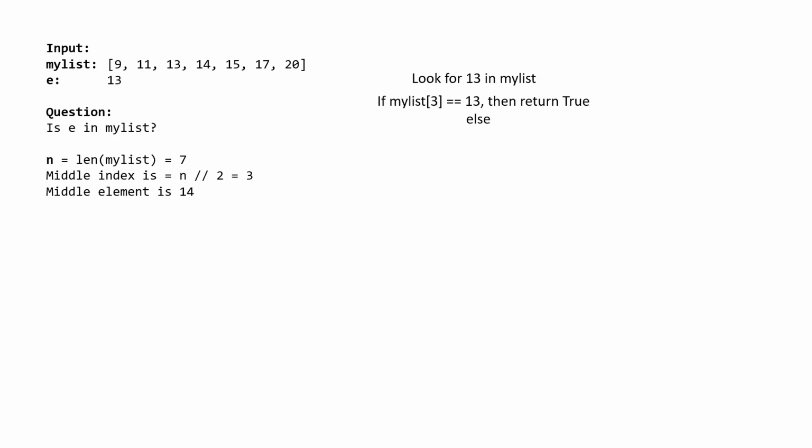Now we are going to try to solve the problem of finding 13 in mylist. We compare 13 with the middle element of the list, and if it were the case that it was 13, we would have returned true, but this is not the case here. We actually have 14 stored there. So we'll ask this question, is 13 actually less than the middle element? Now notice the property: since the list is sorted, we are assured that all the elements which occur after position 3 onwards are actually more than 13. So the only place where we have to look are indices 0 to 2, which is basically the first half of the list.